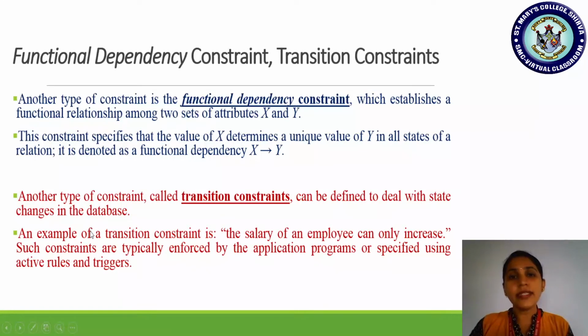So the current state is what? For example, if an employee is paid a 25,000 salary, that is the current state. If that state has to be changed in the database, the current state has to undergo change, has to be modified. It is not only for one person, it could be some number of employees, or all the employees. Then what is that change factor? By how much does it have to be modified, or the state has to be changed? That is done with the help of these transition constraints. Okay.